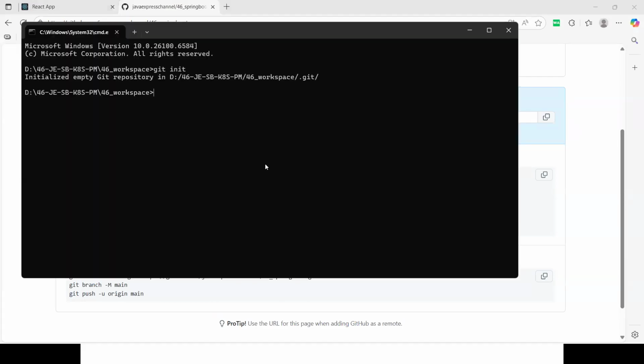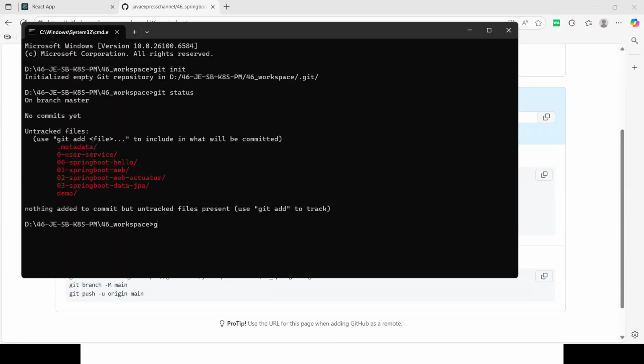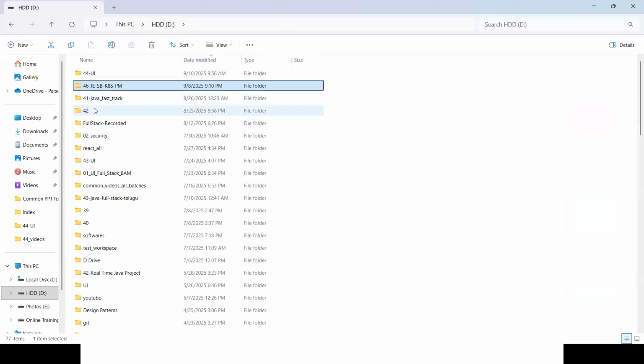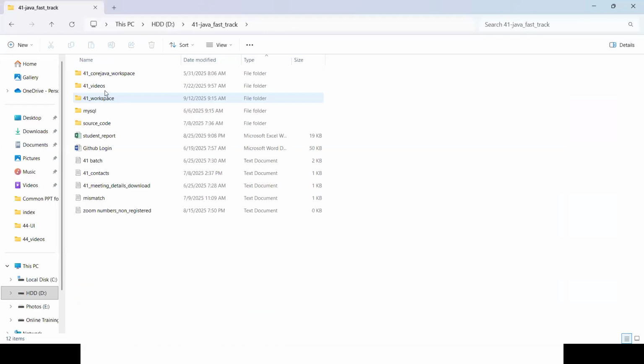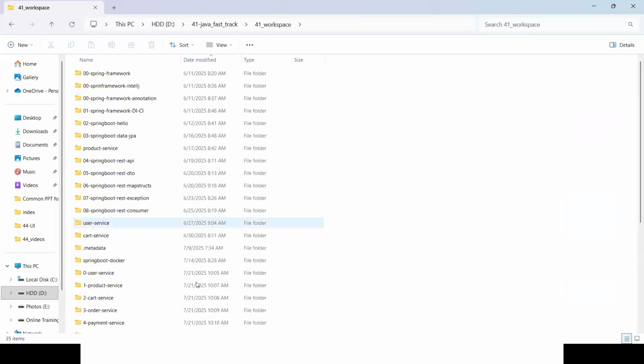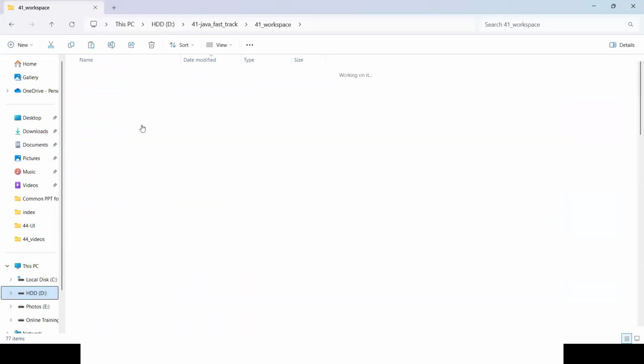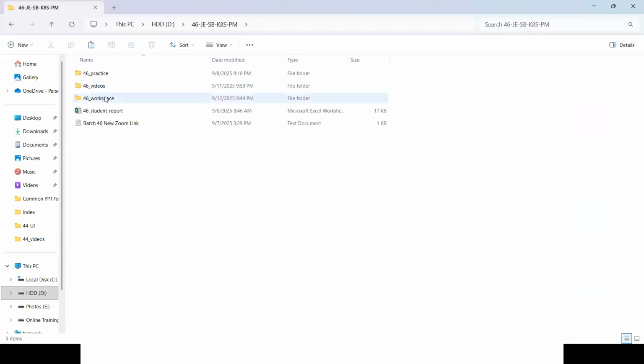And next, git status. For git add, actually metadata is not required. For that, I need to write a .gitignore file. To avoid that activity, just a minute, guys. Let me take a .gitignore file from the workspace, copy it and keep it here.